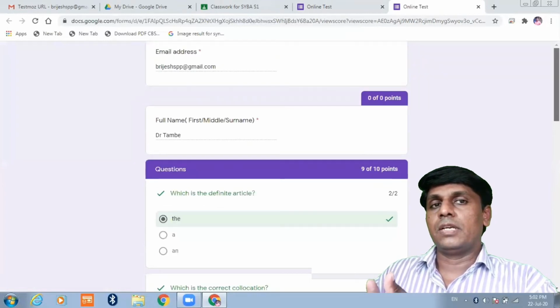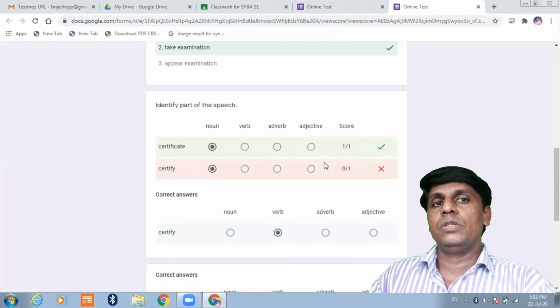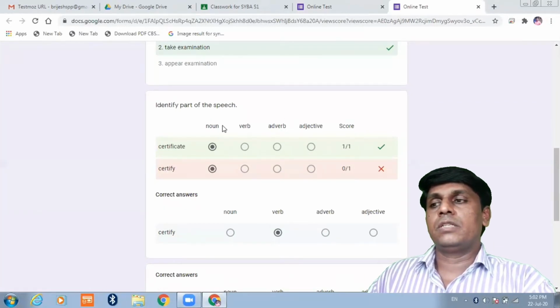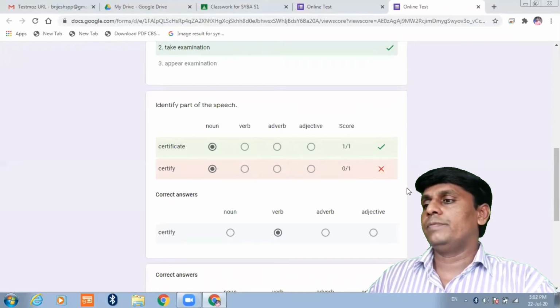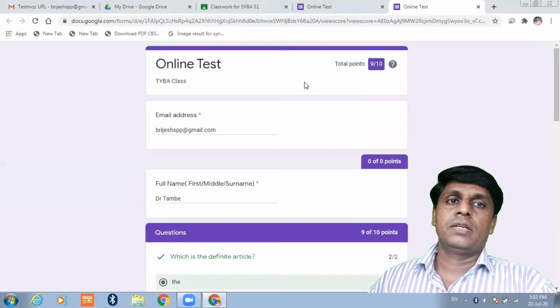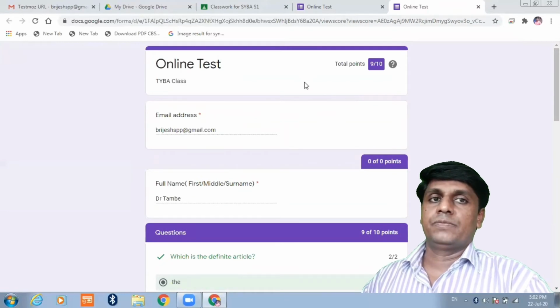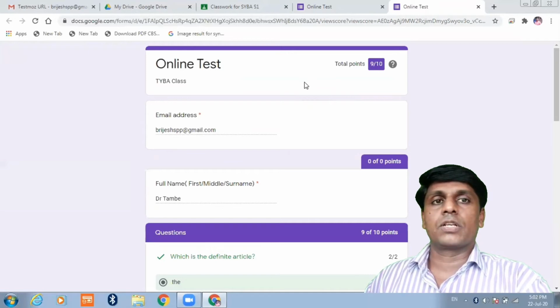But the interesting part, I used Google Forms as a tool along with Google Classroom. Then next one, that is a quiz assignment. This is also an interesting one, where we can embed one more tool with Google Classroom.